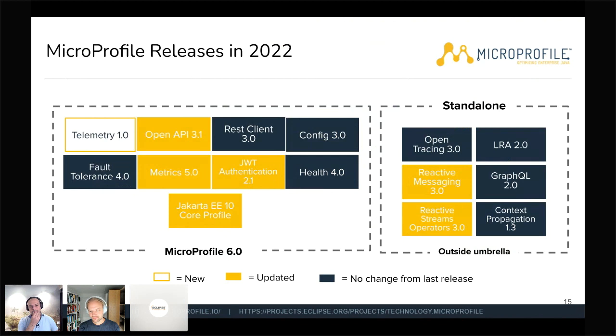as we see on this slide. Here you can see on the bottom left the MicroProfile umbrella, so to say. And at the bottom is the Jakarta EE 10 core profile. So you can visualize it in a way that MicroProfile builds upon the Jakarta core profile. Everything uses CDI and everything is REST-based and so on. There are many specifications here. 6.0 is the newest MicroProfile release, which is why it says 2022 at the top. So we're looking forward to the next one.